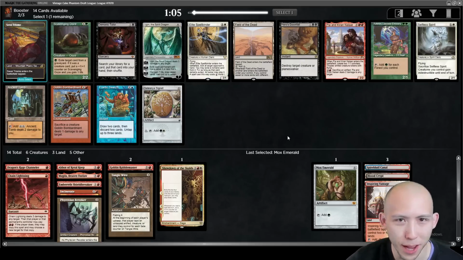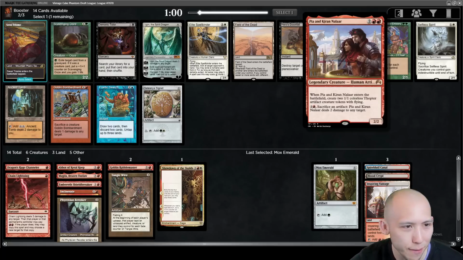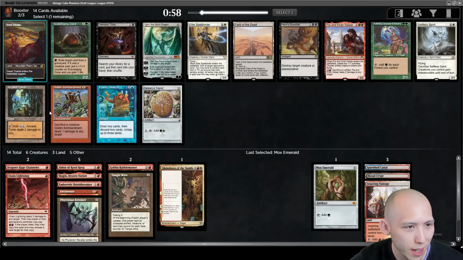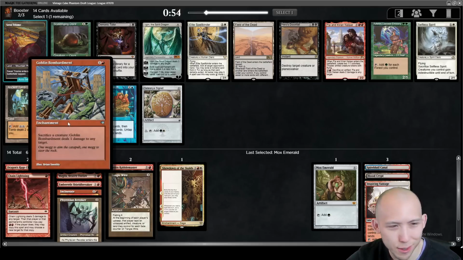Another solid pack, but not really for the mono red deck. Pia and Kiran Nalaar is okay. I've never been particularly fond of it. Goblin Bombardment. I don't know why this is still in the cube. There's not any sacrifice theme, and I don't think there's a combo with like some persist creature, right? Yeah, there's no like Putrid Goblin, Melira type thing. I think it's Melira, but